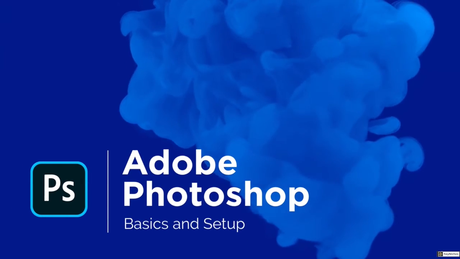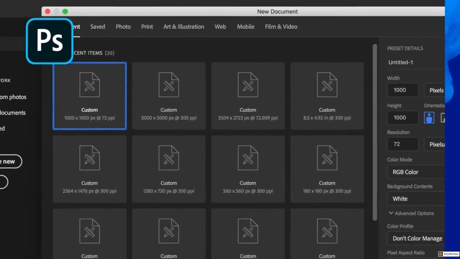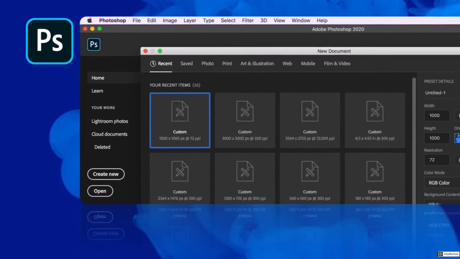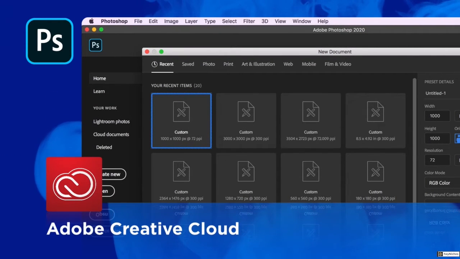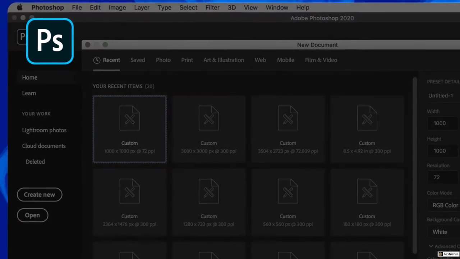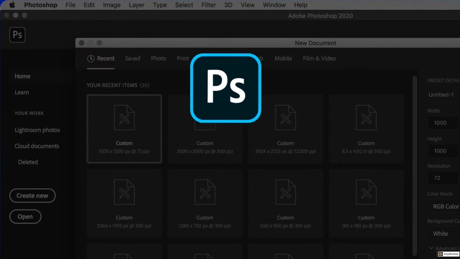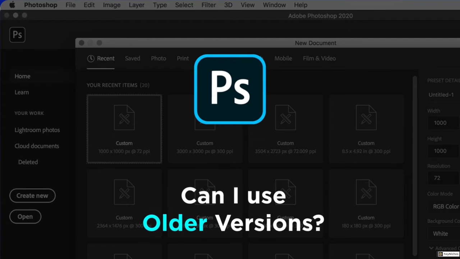Welcome to Adobe Photoshop. As you can see, this is the latest version available on the Adobe Creative Cloud. Updates to the software are free each year for those who have a subscription to the Adobe Creative Cloud. For those students who do not have an Adobe subscription, I get asked this question a lot. Can I use older versions of the software for this class? And my short answer is absolutely. There is no reason that having software that's a little older should stop you from creating wonderful design work and